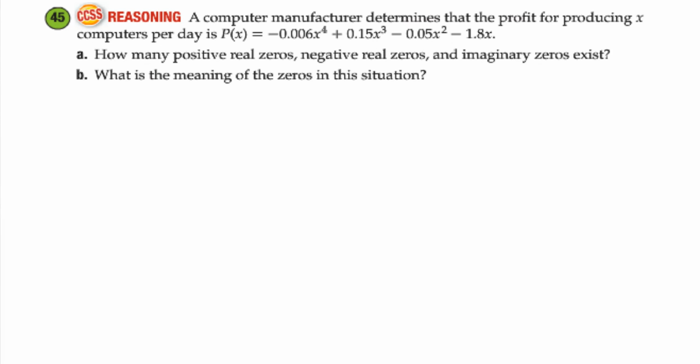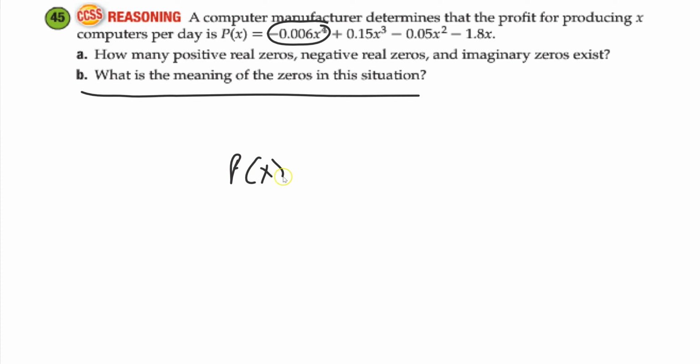A computer manufacturer determines the profit of producing x computers per day is given by this. How many positive real zeros, negative zeros, and imaginary zeros exist? What is the meaning of zeros in this situation? Again, we could do the positive, real, negative. There should be 4 zeros. I've got to graph it to figure out how many positive or negative ones there are. What is the meaning of zeros? That's not what I care about right now. The meaning of the zeros,